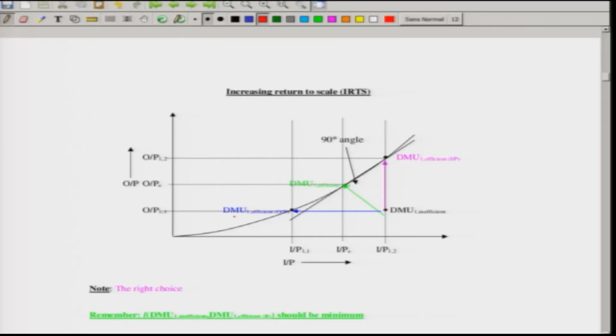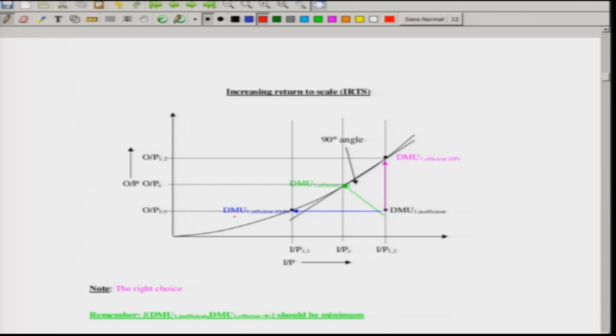So, for the set of inefficient DMUs, if you go vertically up, which is the pink line, you maintain the same amount of input but increase the output. If you go horizontally left, you maintain the same amount of output but decrease the input. In the radial case you try to increase the output and decrease the input in such proportion that you get the best combination. Again the same type of examples which I gave would be applicable.